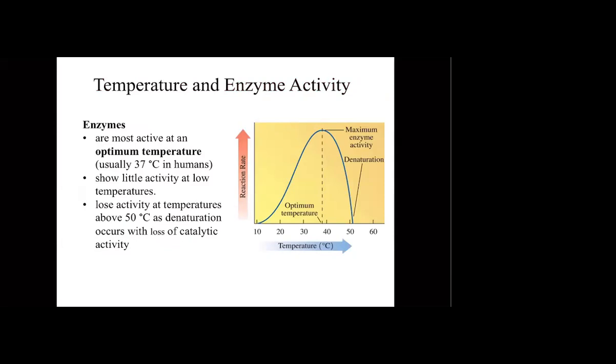So how is temperature related to enzyme activity, okay? If we're talking about enzymes working in the human body, most enzymes that we have in the human body have an optimum temperature. What is optimum temperature? It's the value of temperature where your enzyme has its maximum activity. That's what optimum temperature is. Let me just write down the definition.